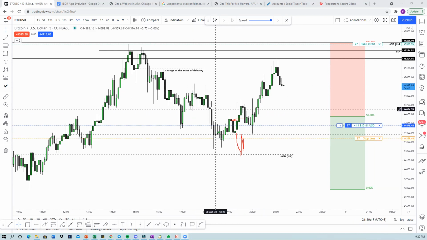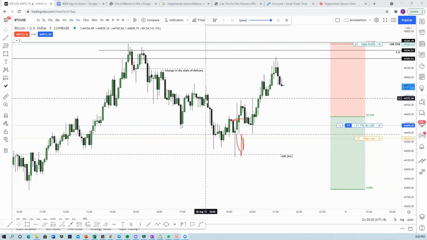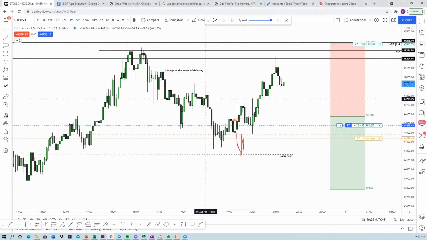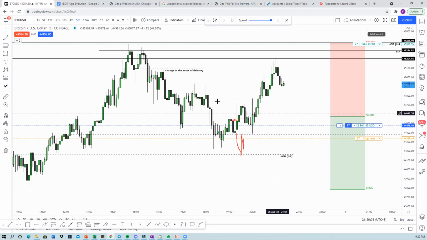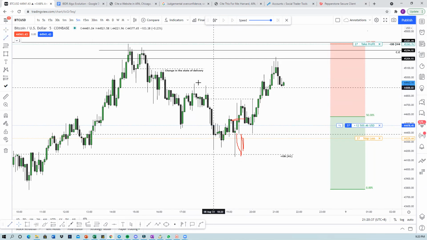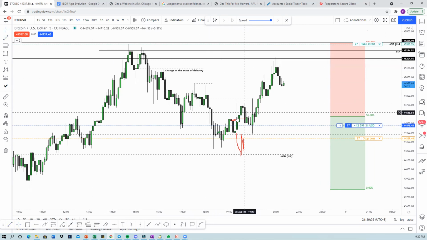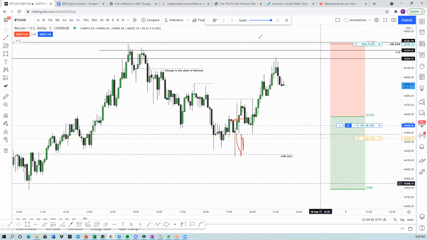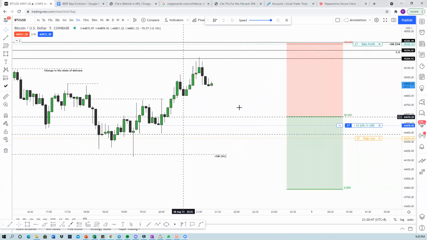Which is expected. So when we see a reaction from here, you see where the reaction happened. If I draw a line for you over here, where the reaction happened, it happened here on this candle, right? So now when it takes this order block, while having relative equal highs over here, then it will try to take out sell side liquidity, right? When we look at the sell side liquidity that's existing over here,